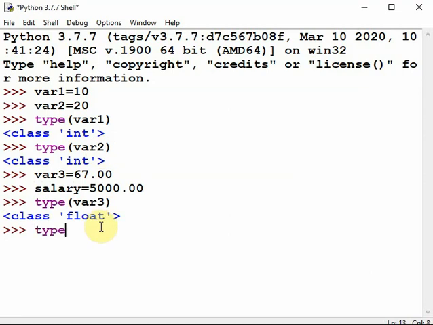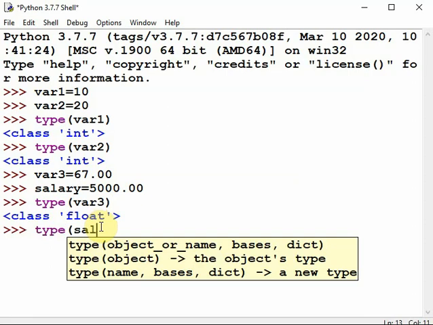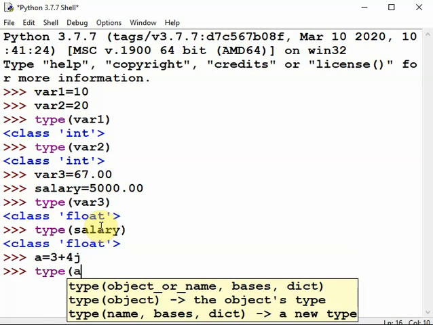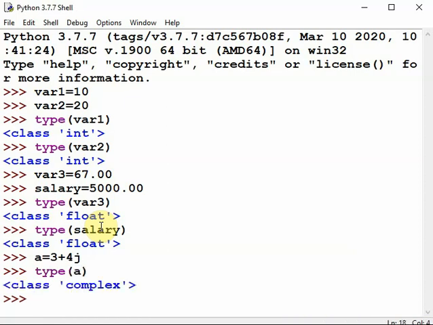Type salary, float data type. Now the complex number, complex data type: a equal to 3 plus 4j. See the data type: type, bracket a, bracket complete. This is the complex data type.